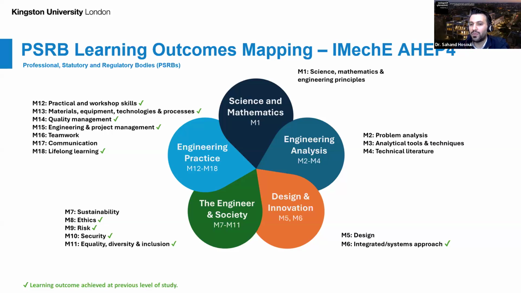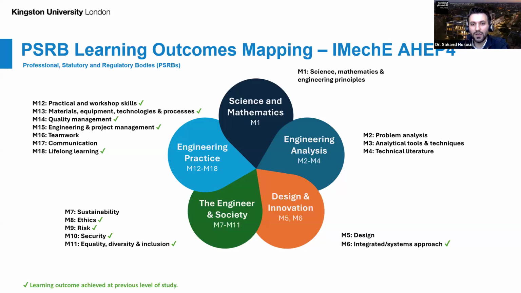So we look at problem analysis, analytical tools and techniques, and technical literature, going to design, sustainability, looking at teamwork, communication. So it's not only about the scientific aspect, but as an engineer, the course has been designed in a way that could lead you to grow your skills and your practices on different aspects that are needed in the